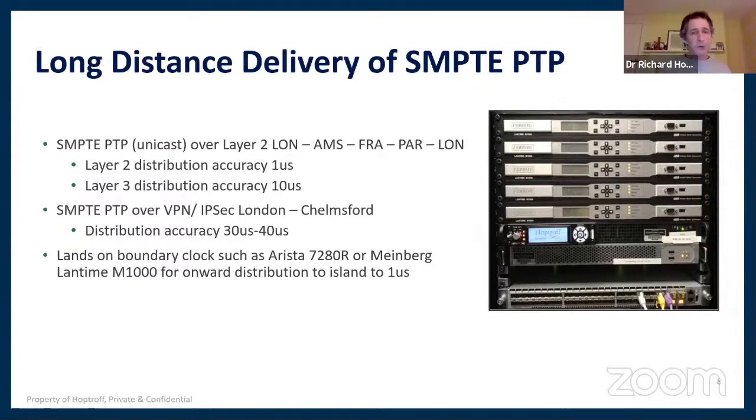And then we used what we call a VPN IPsec tunnel, and we did it from these same 5 clocks you see photographed here to an outside broadcast research facility just outside Chelmsford. And there we were achieving time distribution accuracies of around 30 to 40 microseconds. So in terms of achieving the time distribution between facilities requirement, that worked well.